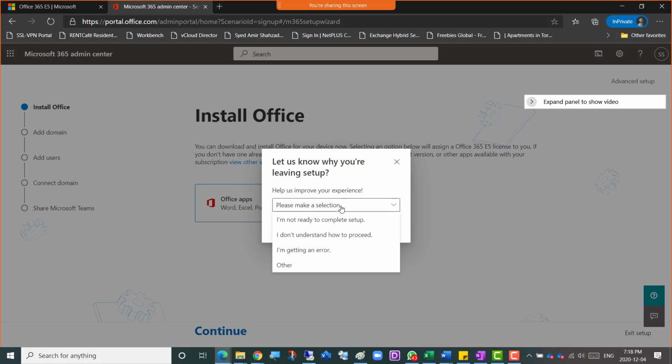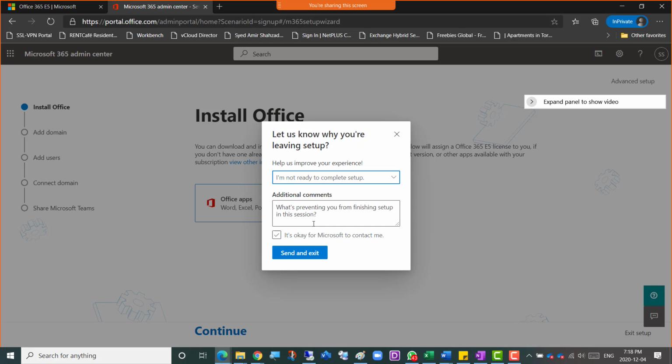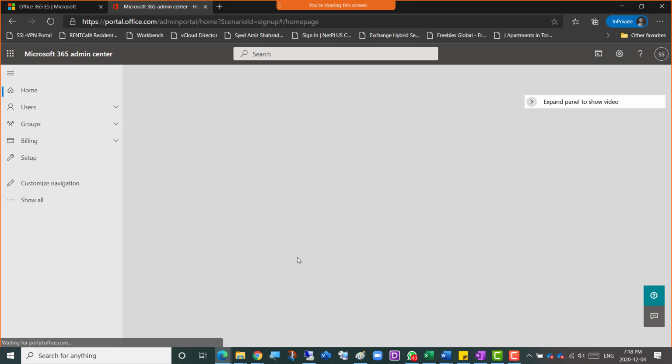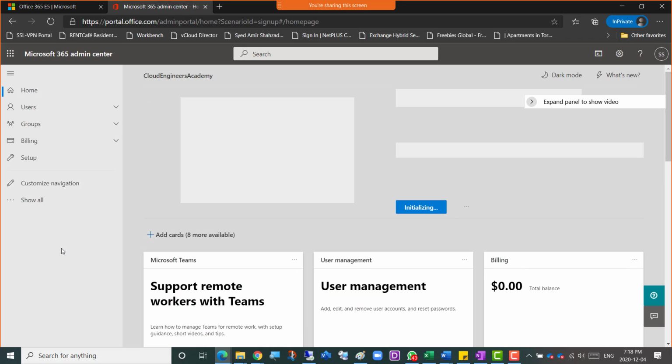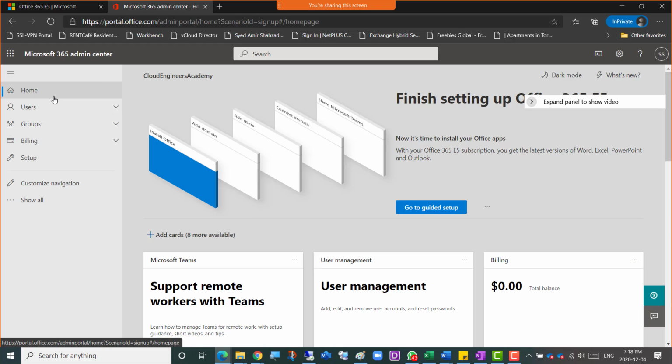Make a selection. Why are you leaving this setup? I'm not ready to complete setup. Okay, I'm not ready. Oh, really? It's okay for Microsoft to contact? No. Send and exit. So we are at the Microsoft 365 headquarters. Microsoft 365 Admin Center, right? So this is the headquarters of Microsoft 365 Admin Center, and from there I just need to check my